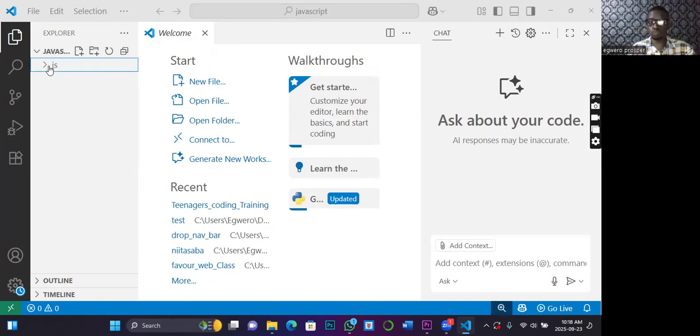So, but let me just go with the external first. So the external means that you have a different JavaScript file that is totally separated from your HTML file, just like the way we learned it in CSS. So for that reason, I have created a folder called